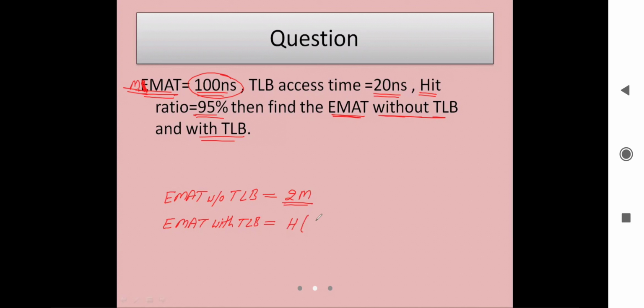If it is hitting, we'll access the TLB and access the main memory one time. Plus if it is missing, that is the miss ratio, we'll access the TLB and twice of M. So this is the effective memory access time with TLB. Now try to calculate this one. What will be the effective memory access time with TLB and without TLB?